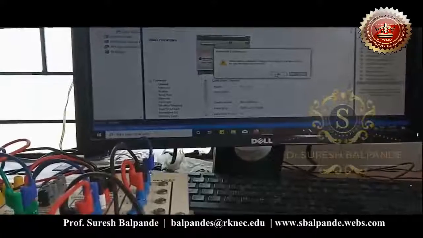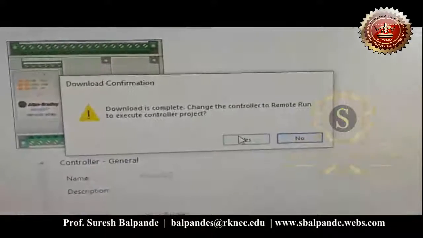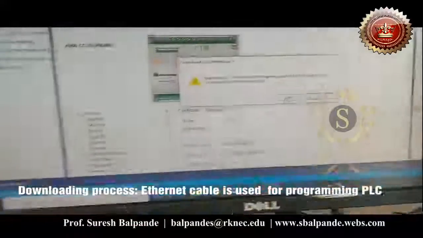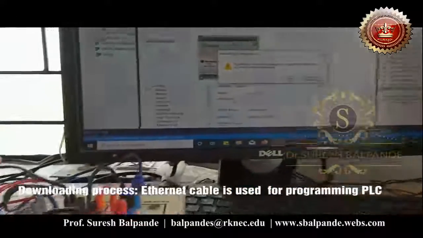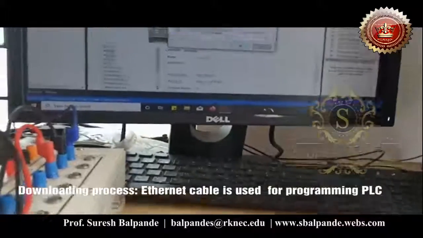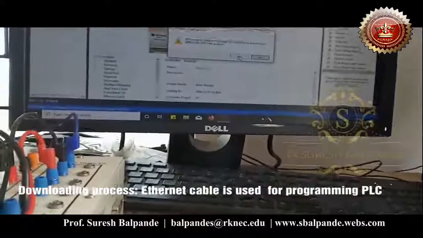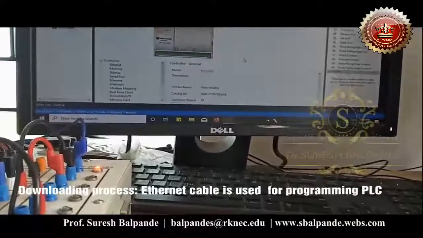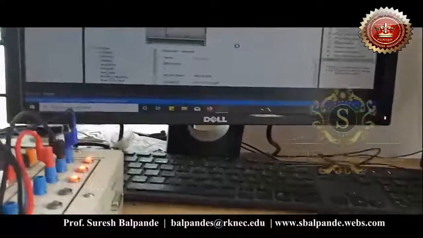Once you ensure that the Ethernet cable is properly connected to the PLC, you can click on the download operation and confirm it. The moment you click OK, the ladder logic will start converting into digital information, that is in the form of hex and then binary.